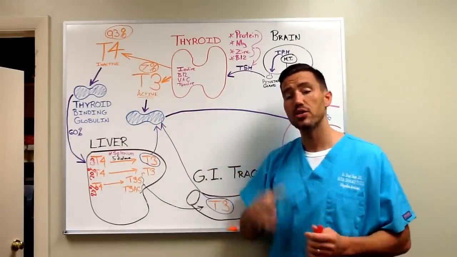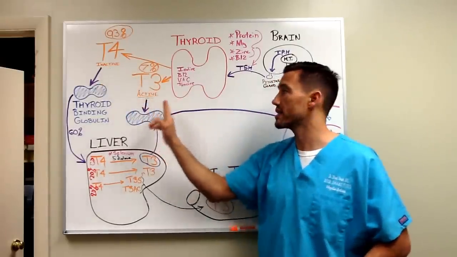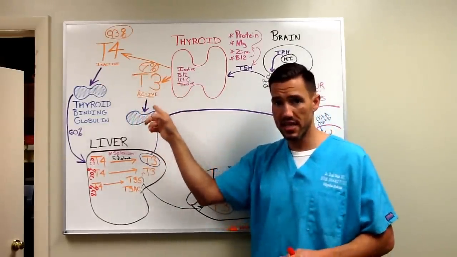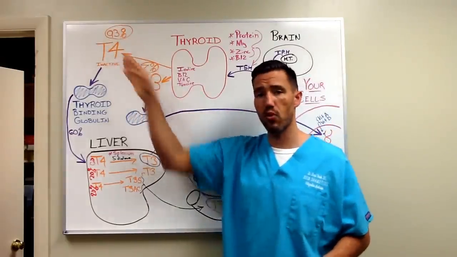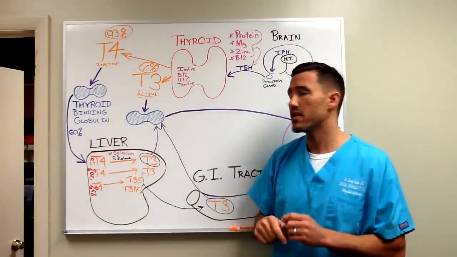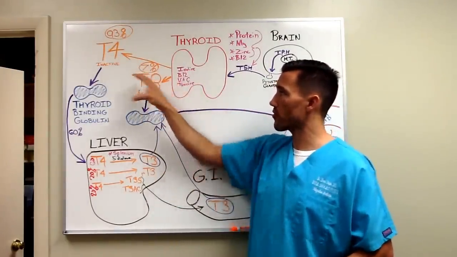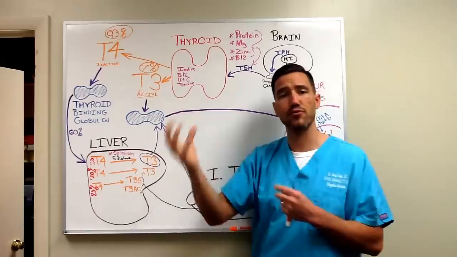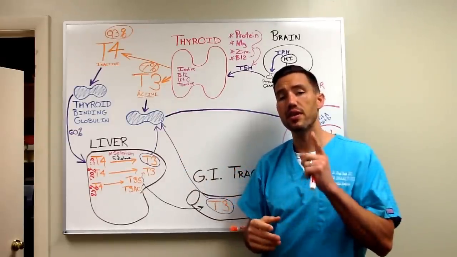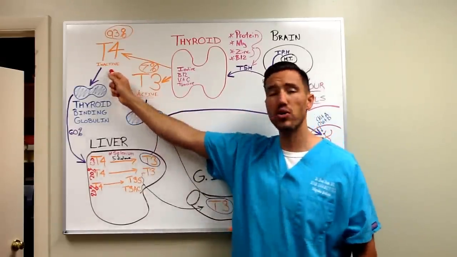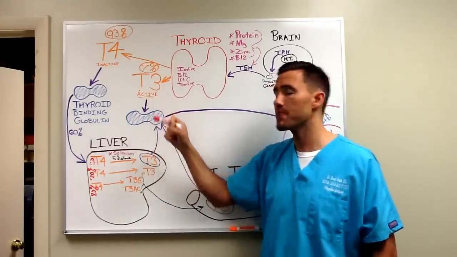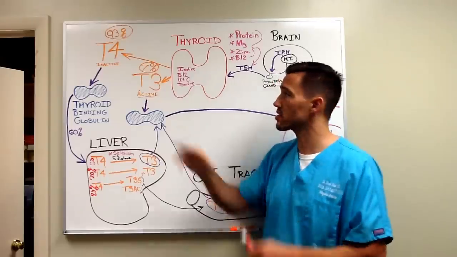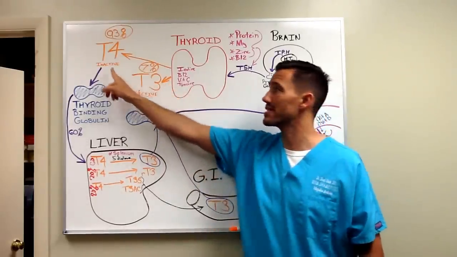So when your thyroid makes T4 and T3, on labs we will sometimes check total T4 and total T3, and we will check free T3 and free T4. And the difference is this: the free hormones are by themselves. They're free floating. The gland makes them, and they're just free floating in the circulation. The total hormone, when we check total T4 and total T3, is looking at those free floating hormones, plus it's looking at the T3 and the T4